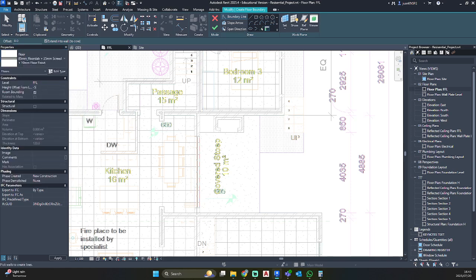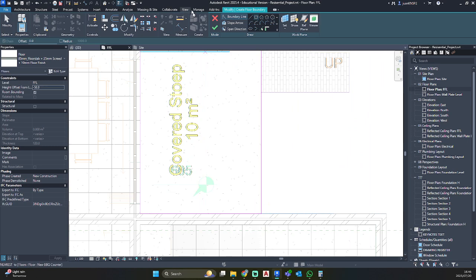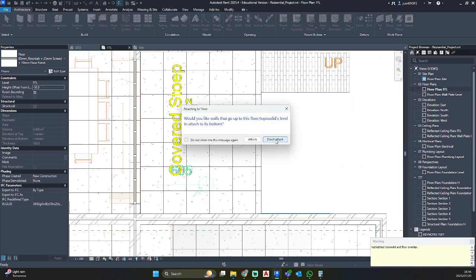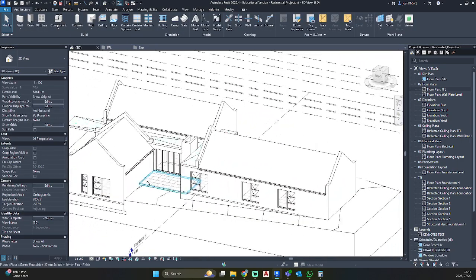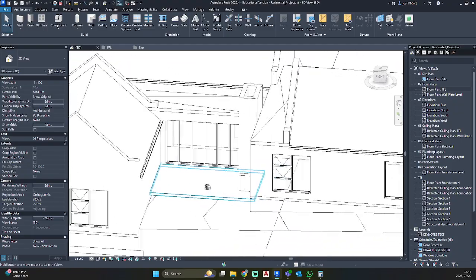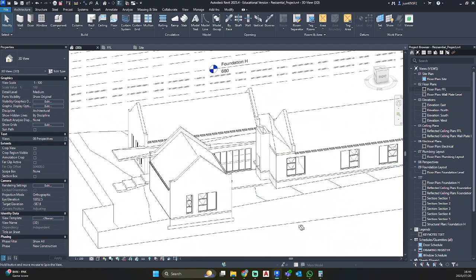Finish floor level minus 50. Rectangle tool, and just trace over the CAD and hit finish edit mode. Don't attach. Go to 3D. And there we have our floor slab.